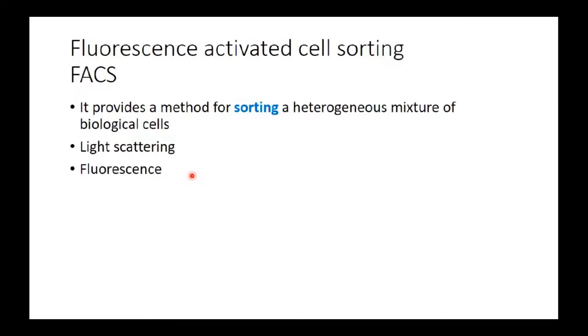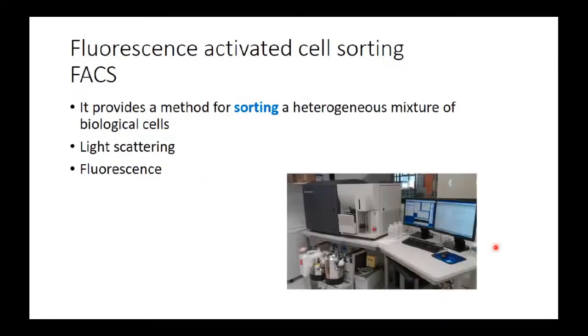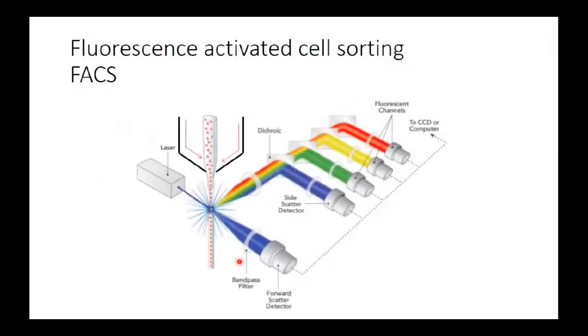FACS mechanism looks like this. So we have the machine, we have of course the computer, which is going to analyze the data, and we have the fluids container and the waste container. Now, how does it work? A FACS machine looks like this from inside. So we have also the flow cell and the sheath fluids, which apply the hydrodynamic forces on the cells to pass them one by one through the